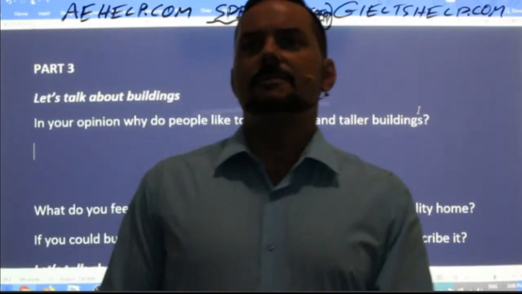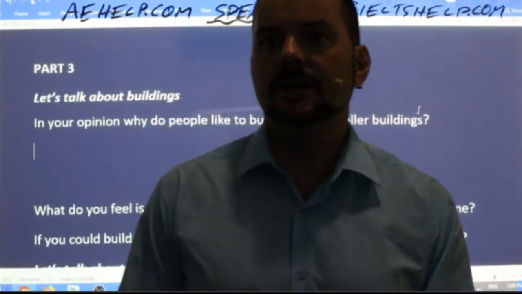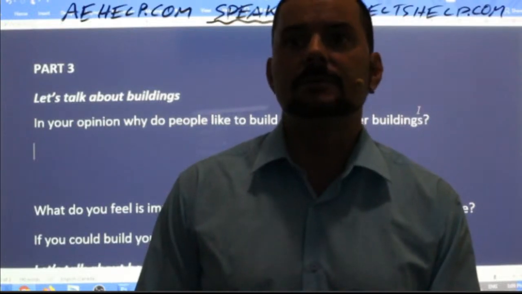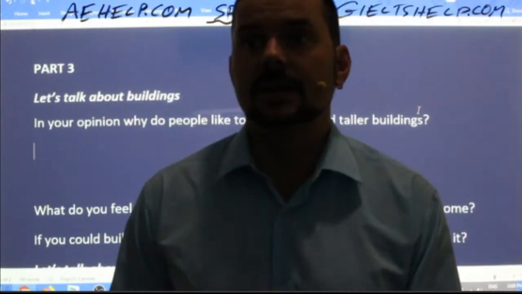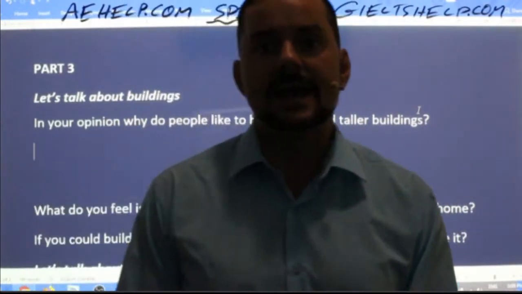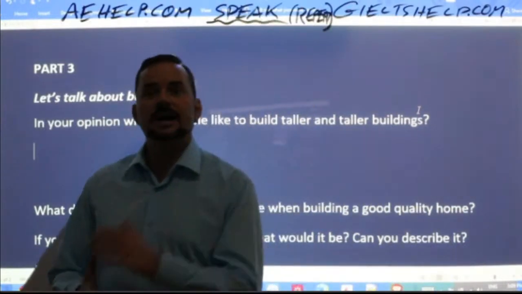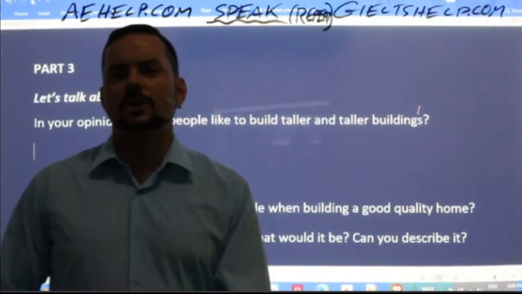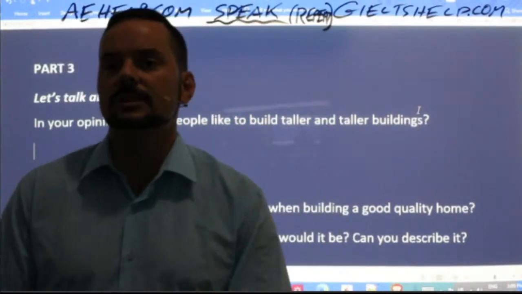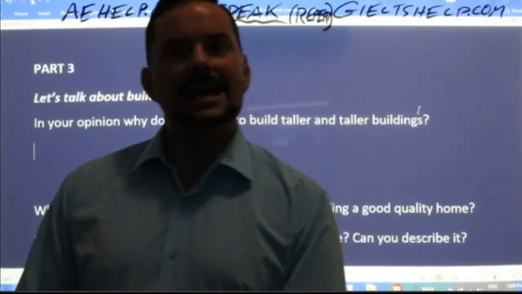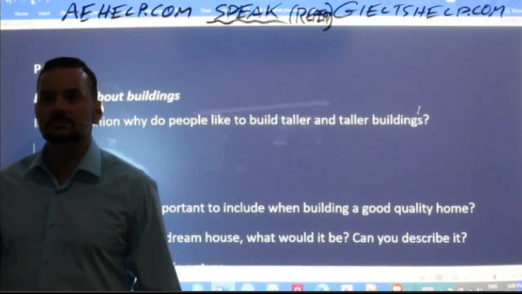Ferdov says, from my view, individuals adore to build higher and higher structures because there is enough supply and demand for them, and many people love to reside in downtown areas with limited space, which demand buildings that are 50 stories or more, like the Trump Towers in Vancouver. Very good, Ferdov. I added a little bit of quantitative language just to give it that extra detail and pizzazz. Pizzazz is good. And you are on the right track, okay? So give it some color.